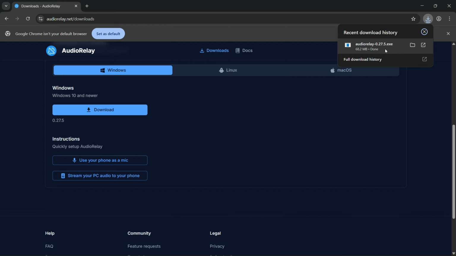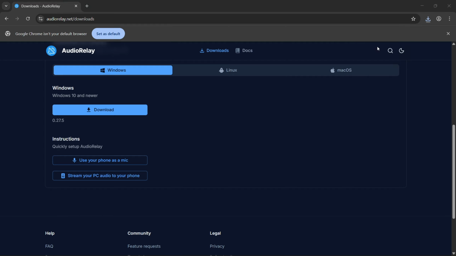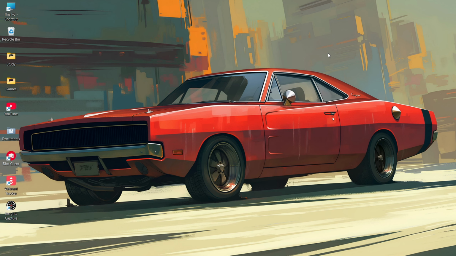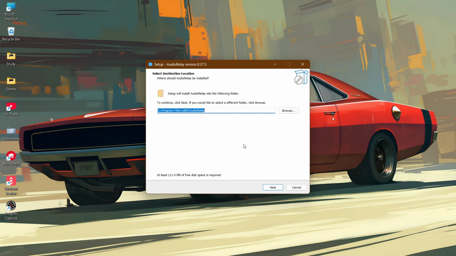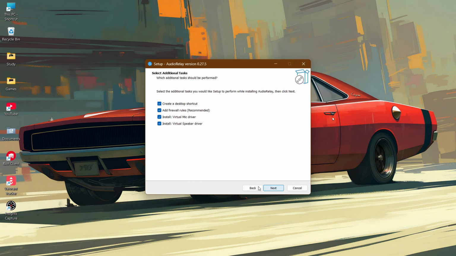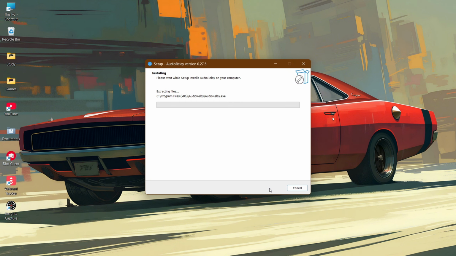After the download is done, click on the APK, press yes, press OK. Here press the path where you want to download the audio relay. Press next, and press install. While it's downloading, on the phone, you need to